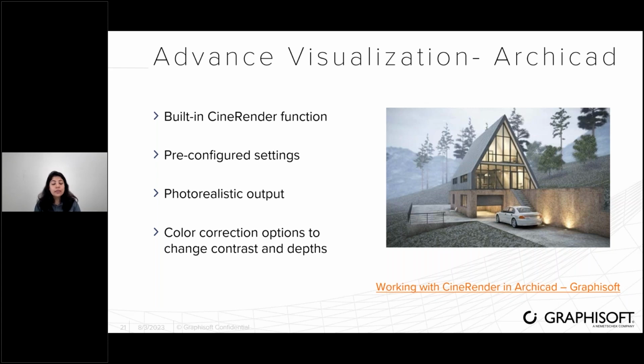It comes with a pre-configured setting, so you can just scroll through the drop down within Archicad for the rendering settings, and you can pick one, maybe night view or daytime view or sketchy lines. You can just pick from that itself, and then from there on you can enhance those things further for color